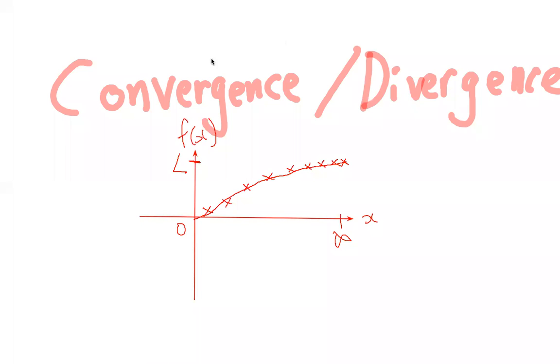How about divergence? Let's say we have another function. When x goes to infinity, we go from 0 and go almost to infinity, and it is not going to come down or settle at a point. In this case, we call this divergence, or this function diverges. A function that comes to a focus point is called convergence. Another example of convergence is that it does not necessarily start from 0. It can be going down like this and approaching